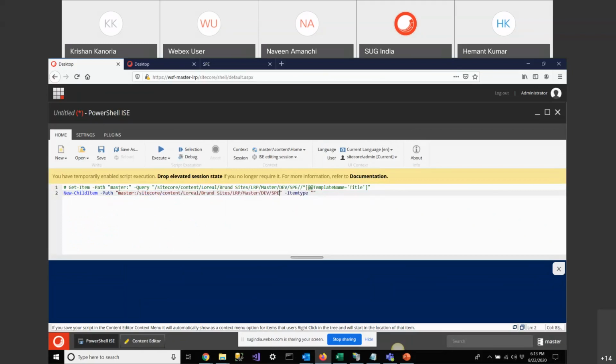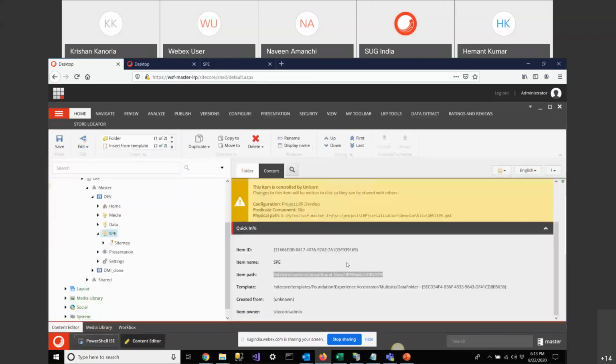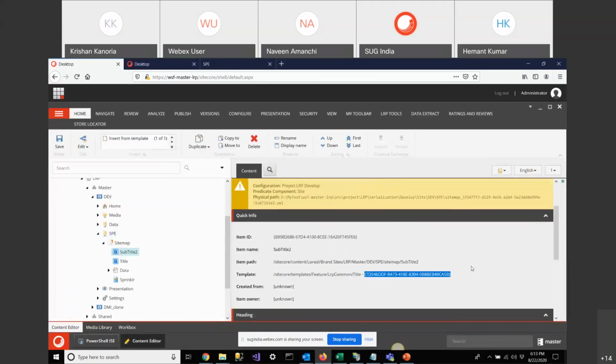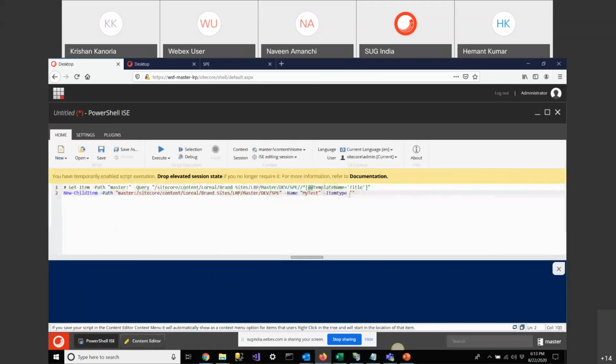My item name would be... and I want the template ID. The template would be this one. I can provide it here.